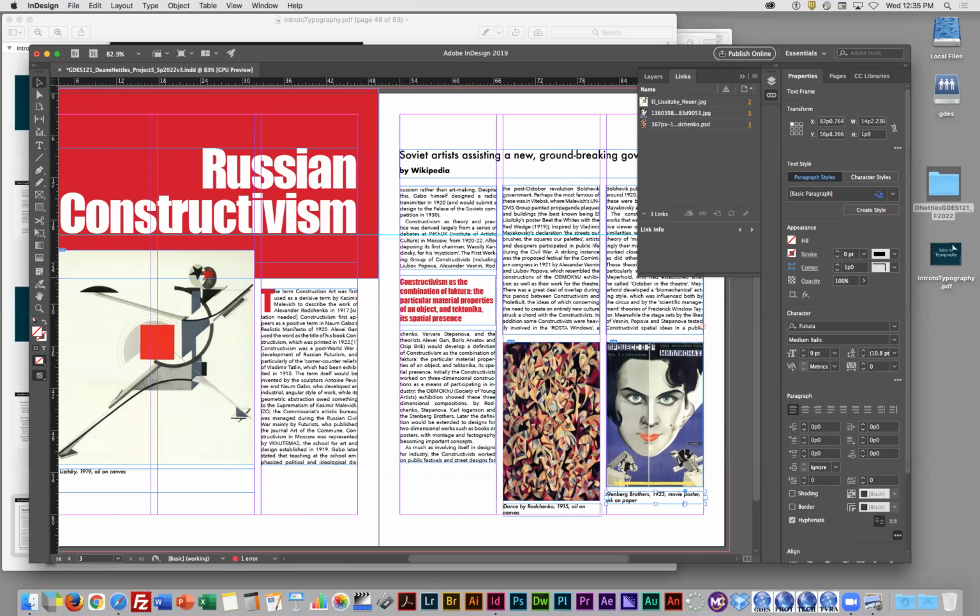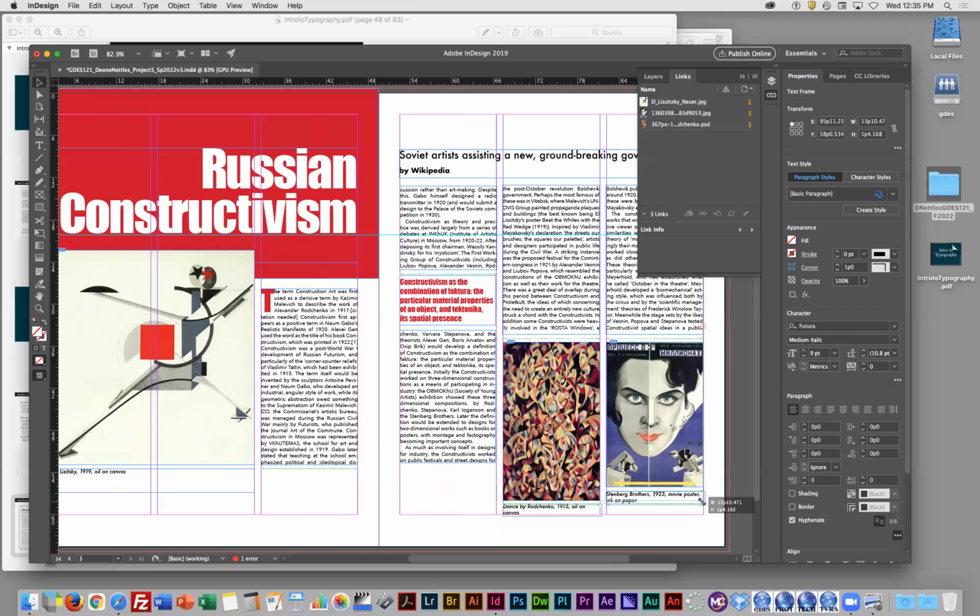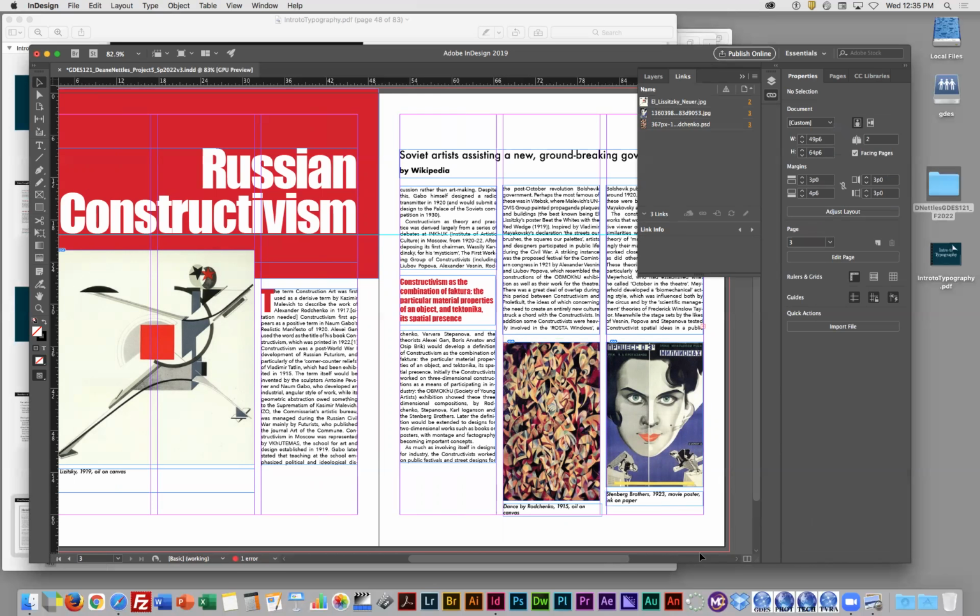Okay. So that's one way to just put captions underneath. It's also possible, if your design doesn't let you do that, that you could also do something like